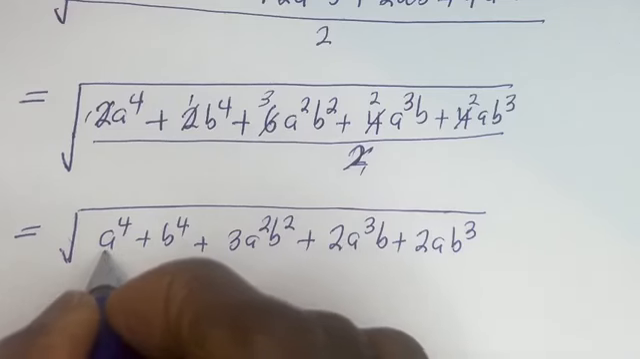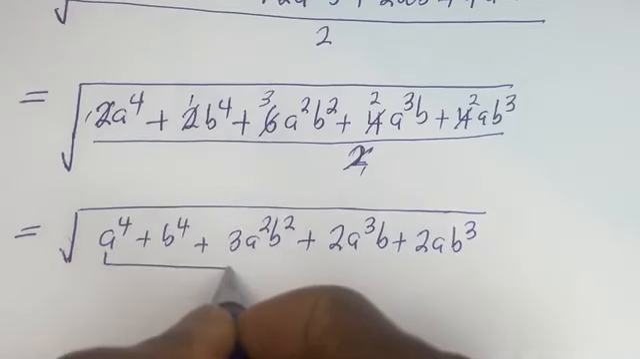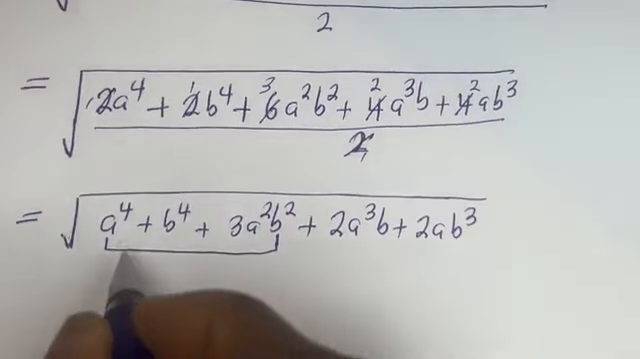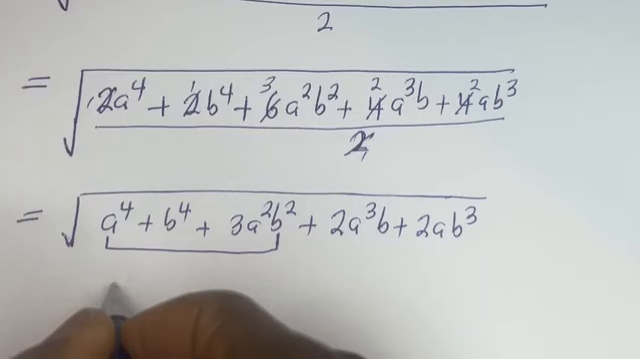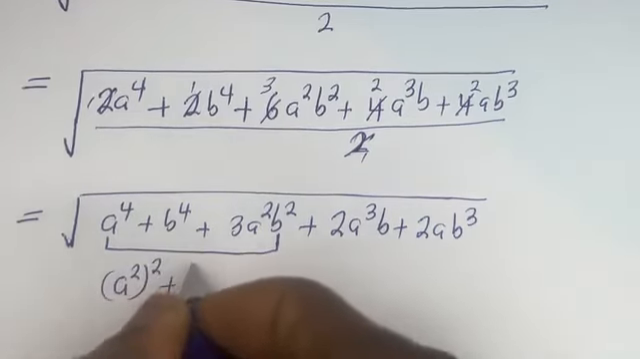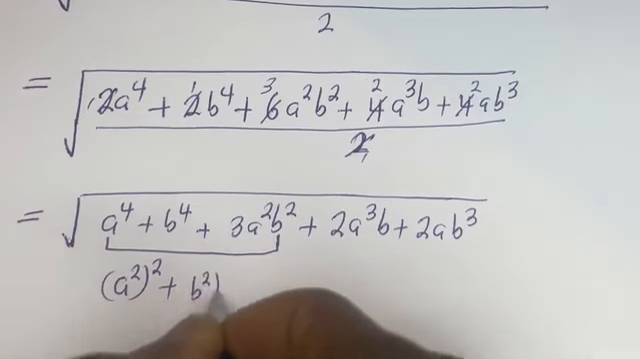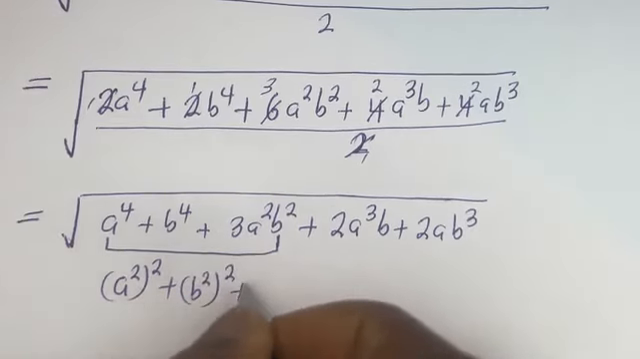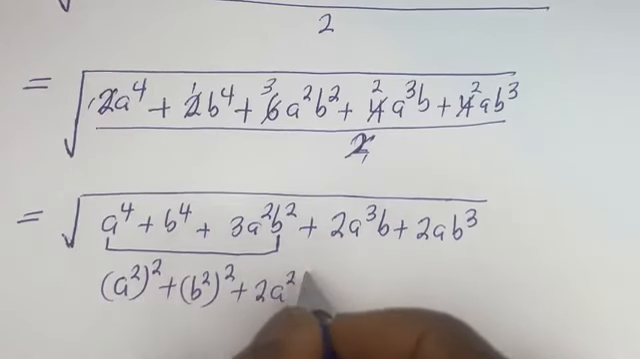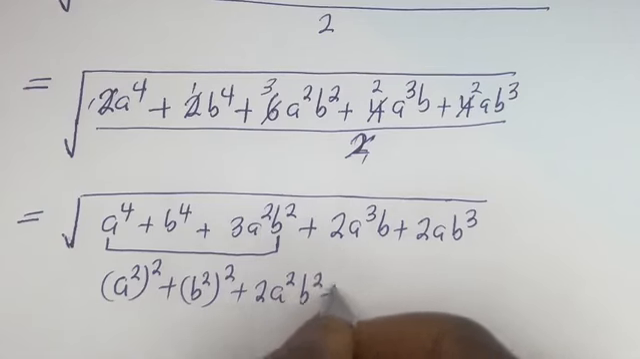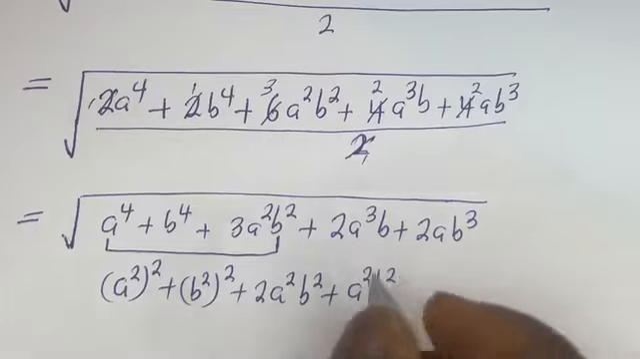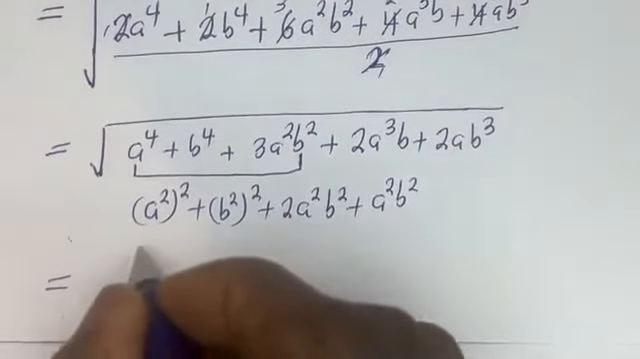Now from here to here, this is A square plus B square plus 2A square B square plus A square B square. This is equal to square root of,